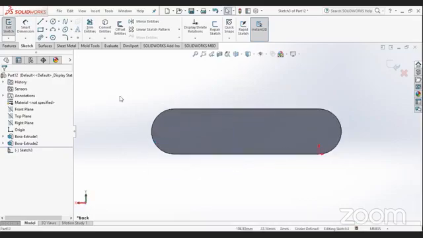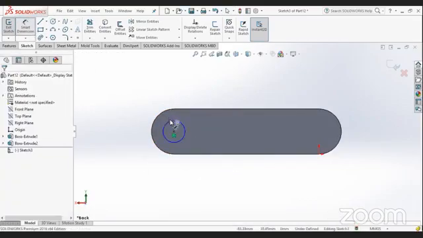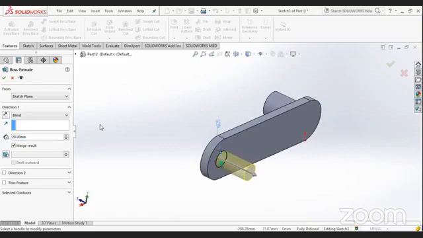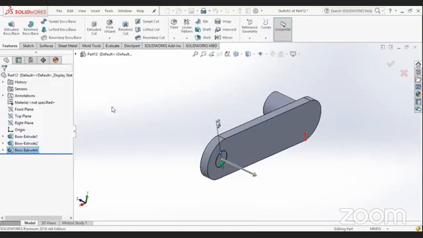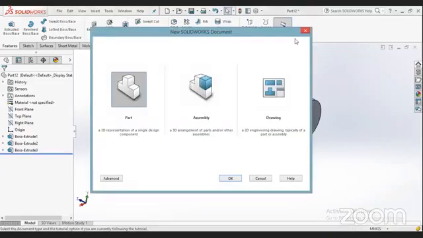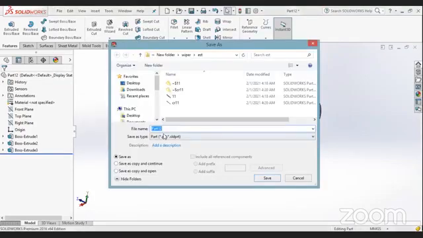Sketch on the surface. Create a circle of 10 mm. And again extrude. So 20 mm. Okay. Now this is our crank number 1. So we'll save it. Save crank number 1.